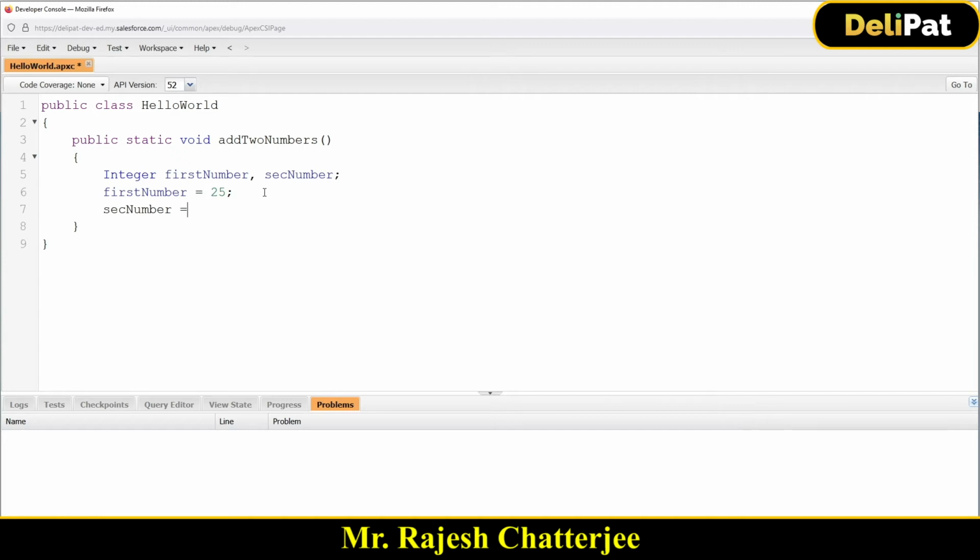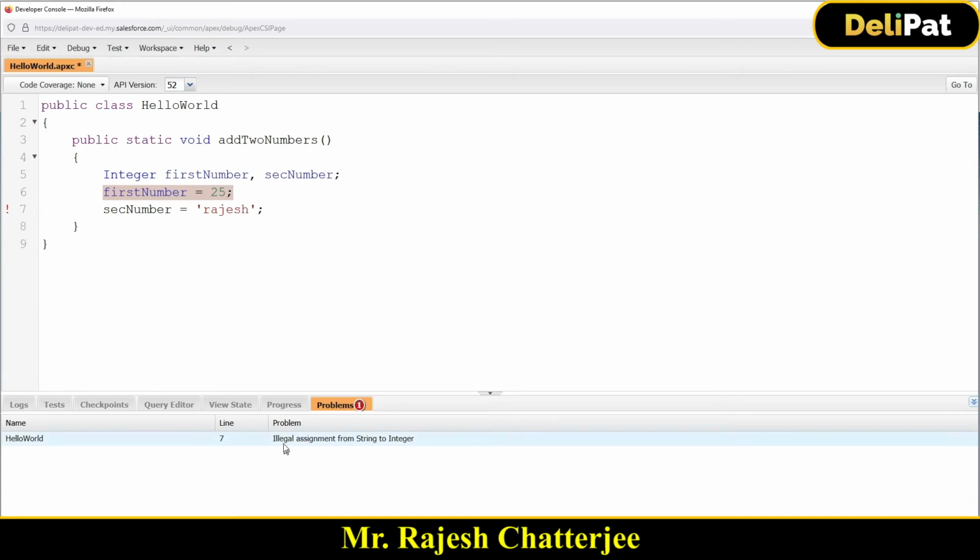You know how to hold a text inside Apex? You have to give quotation marks, okay? Text, or let's say Rajesh, right? Now this will give you an error because you have defined this variable as integer, which means you can only hold integer values inside this variable. But in line number 7, you're trying to hold a text inside this variable, so that's not legal. Okay, this is how you declare a variable, and this is how you assign a value to a variable.